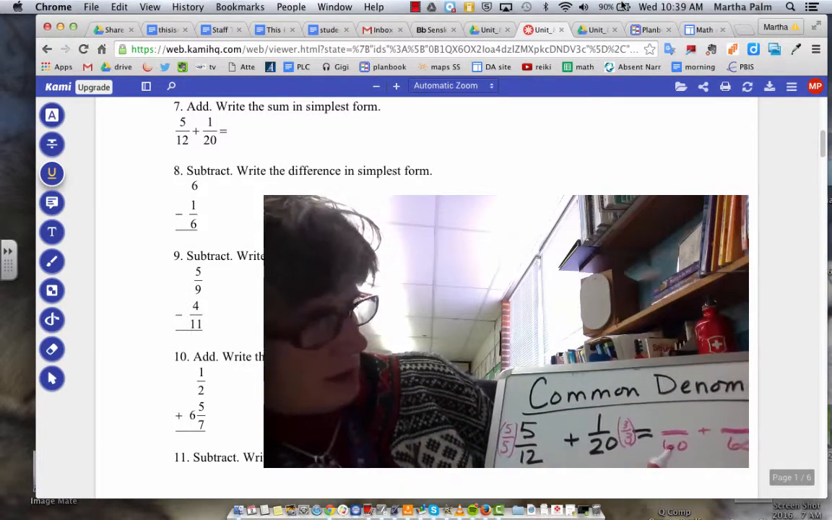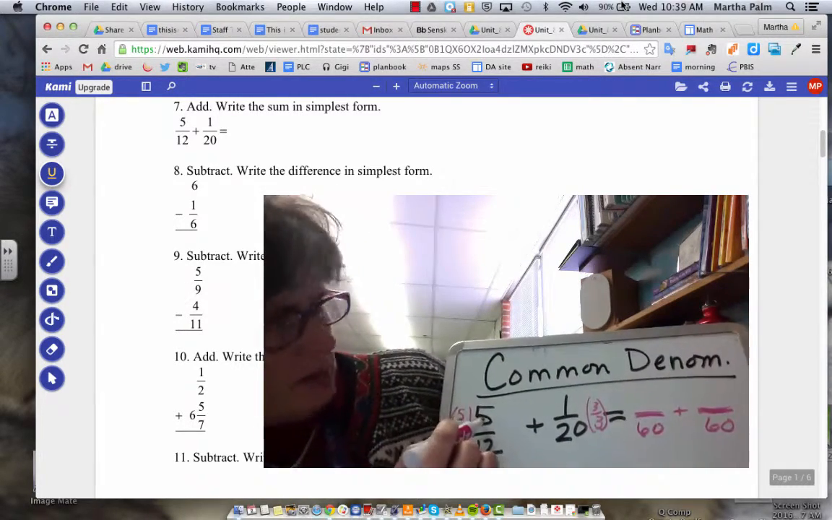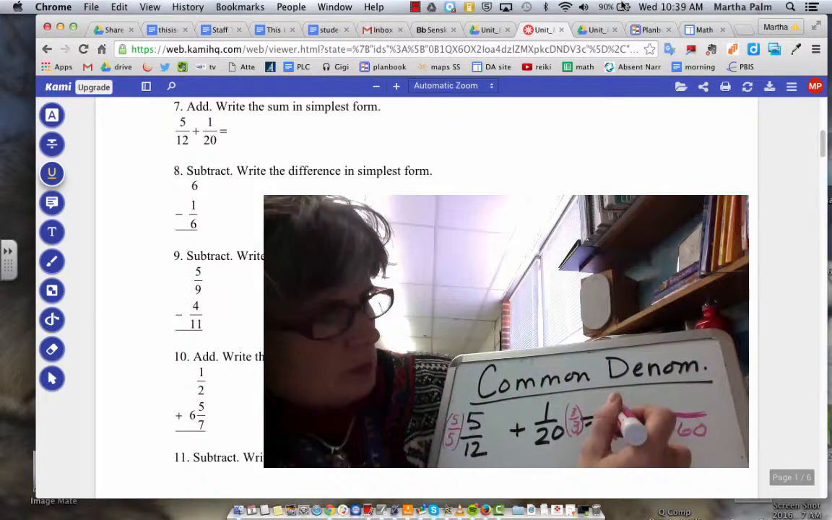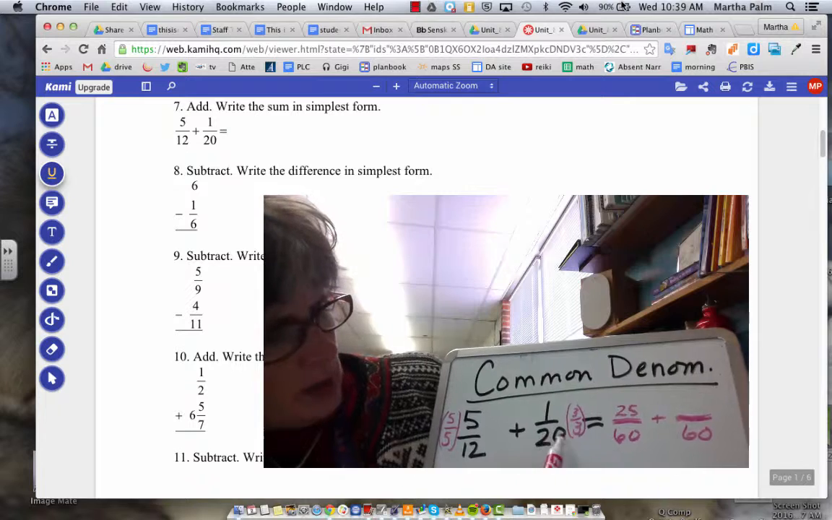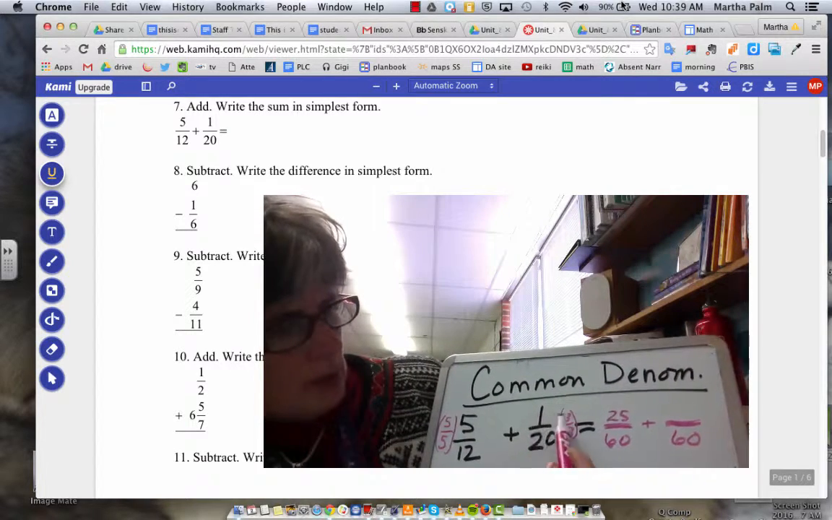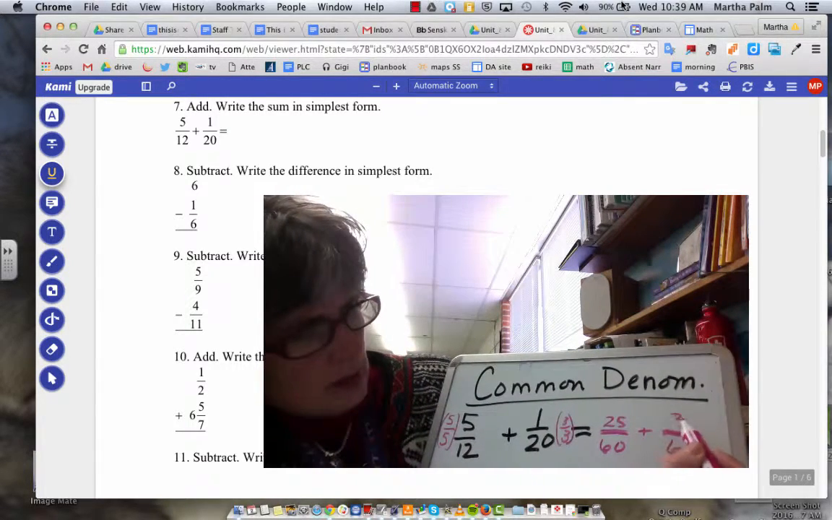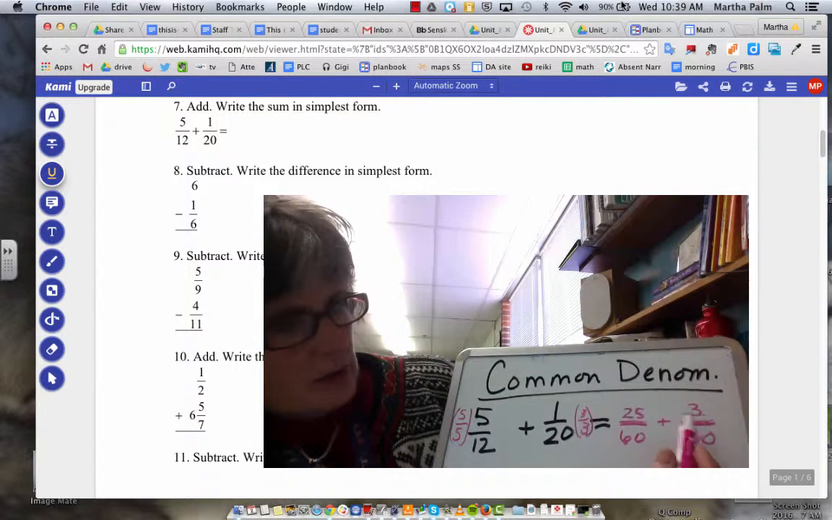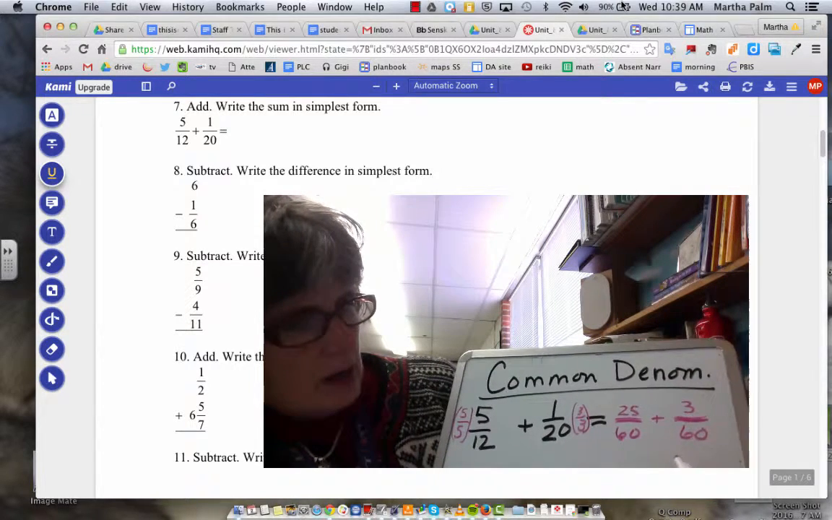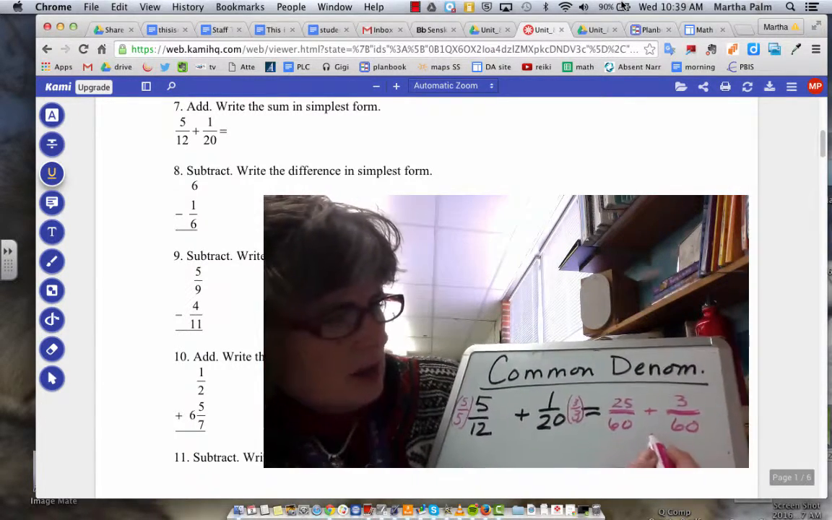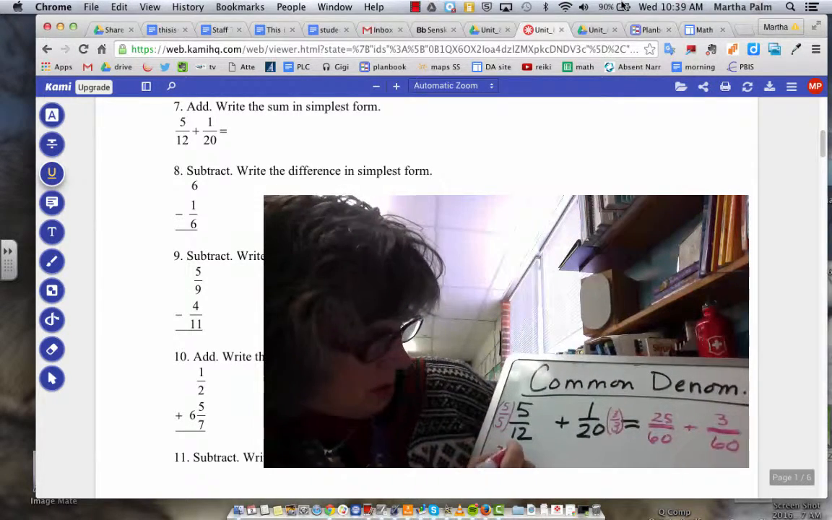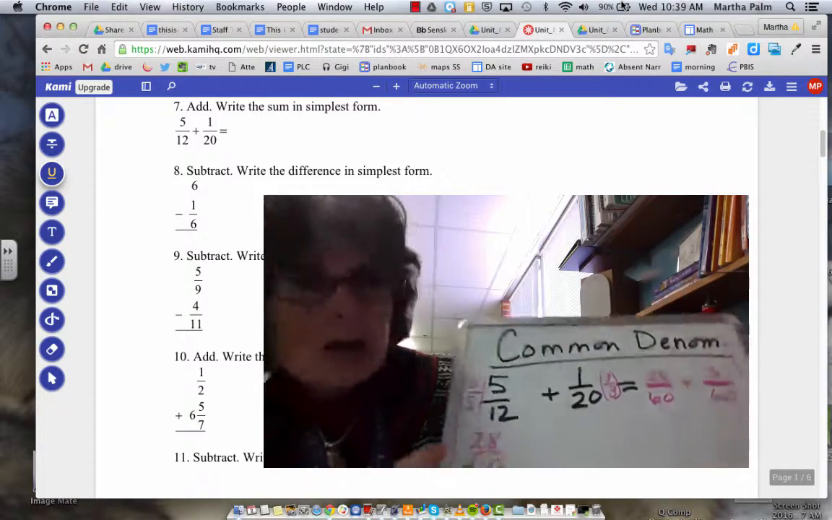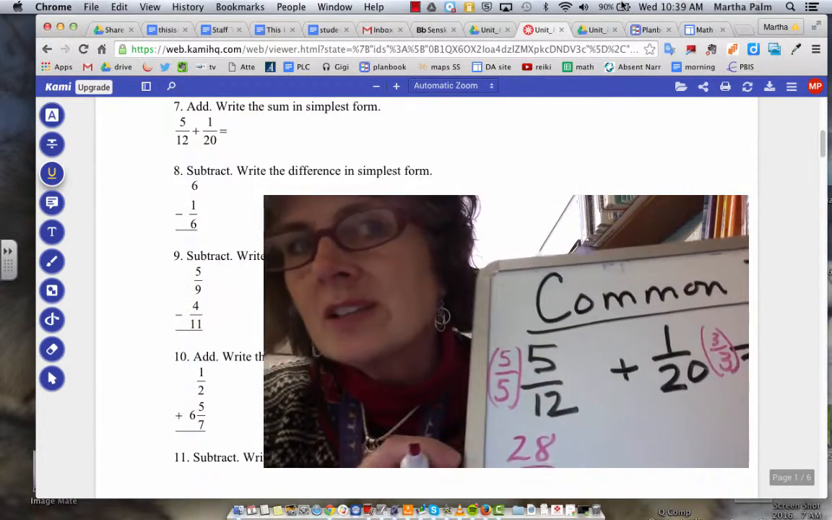5 times 12 is 60. Good. 5 times 5 is 25. So I put 25 in the numerator. 20 times 3 is 60, good, but 1 times 3 is 3. So now we have 25 plus 3 is 28. So now you have 28 over 60. But see, the trouble with that now is it's got to be,